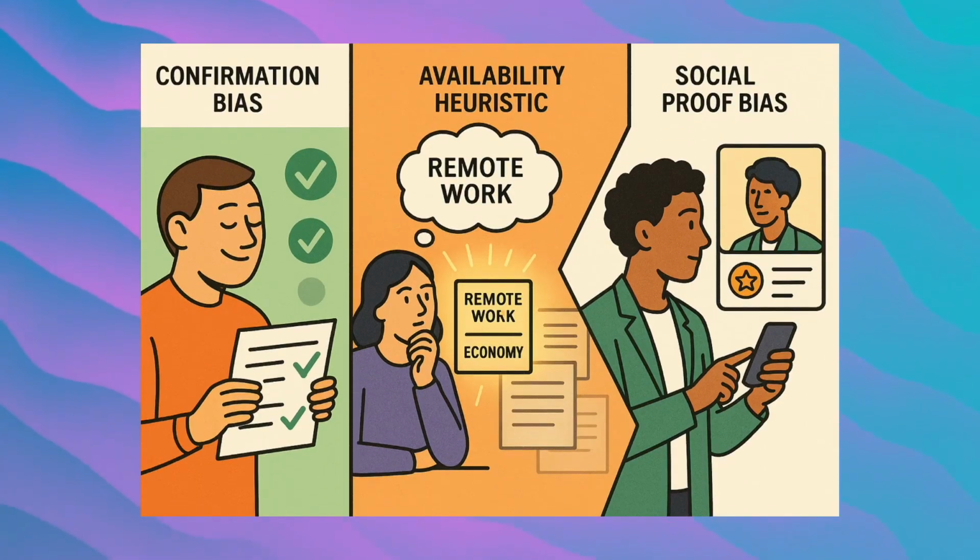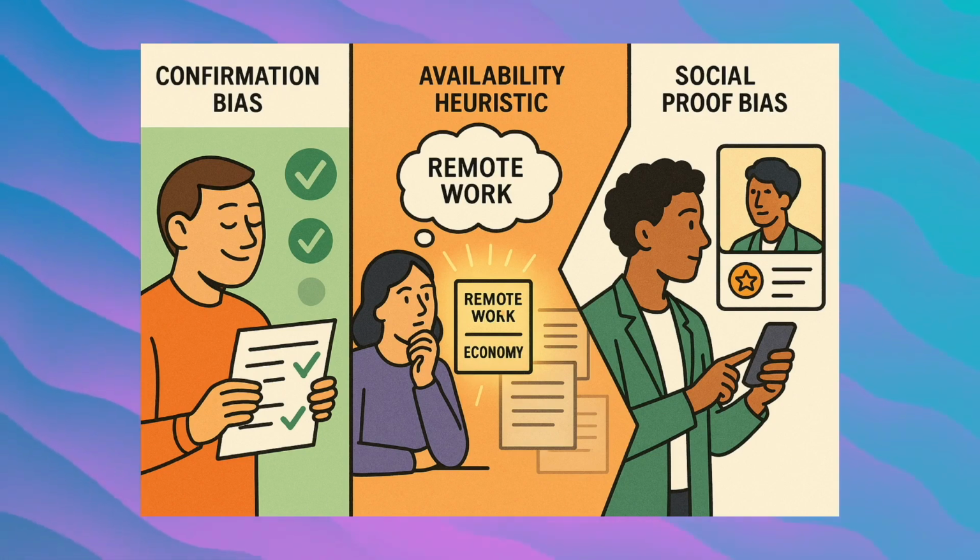Cognitive biases, the hidden drivers of engagement. Now let's talk about the cognitive biases that drive professional engagement. These are the mental shortcuts our brains use to process information quickly, and they're incredibly powerful in determining what content gets shared, saved, and remembered. Confirmation bias is probably the strongest driver of LinkedIn engagement. People are naturally drawn to content that confirms what they already believe about their industry, their role, or their challenges. This doesn't mean you should only tell people what they want to hear, but it does mean understanding what beliefs your audience holds and how to connect with those beliefs.